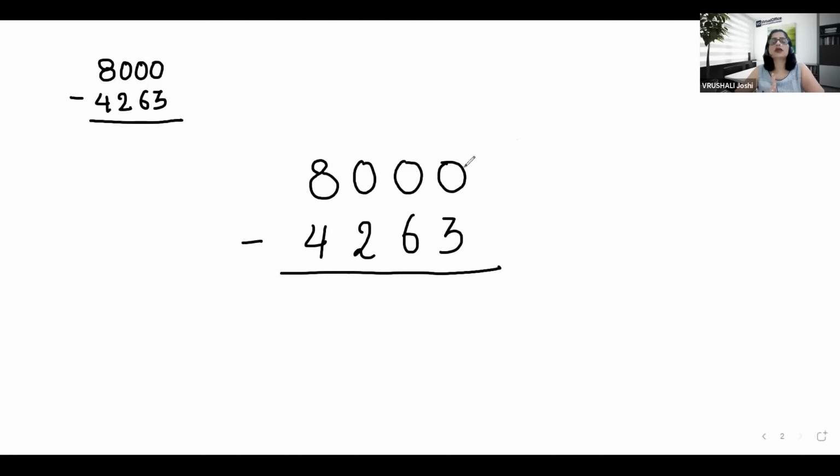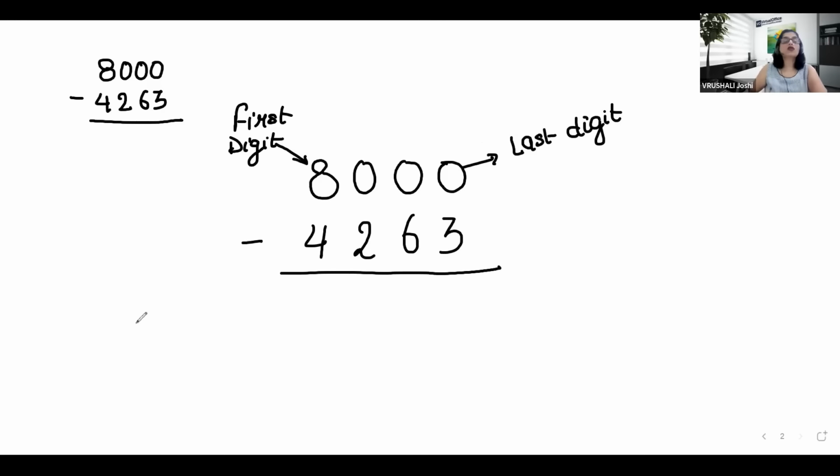Our understanding has to be the same. This is the last digit. This is the first digit. In Vedic maths, we always start our answers from the left. These things should be fixed in your mind. You are not going to change them. Now starts the subtraction. In the first subtraction, if it is 4, you will subtract the next digit. What comes after 4? 5. So actually, instead of 4, you will subtract 5 from here. 8 minus 5 will give you 3. And the rest all, you will do the same thing.